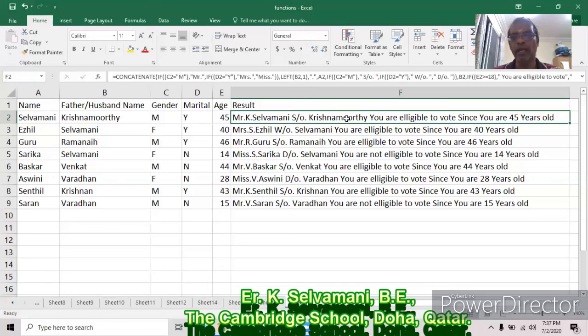Similarly, if the number of units lies between 200 to 500, there will be, I think, 2.5 rupees. That is 2 rupees 50 paise. If the number of units is more than 500, per unit we have to pay 6.5 rupees. That is 6 rupees 50 paise. So using nested if function, you can do it yourself. You can practice at home. If you have any doubt, you can contact me through WhatsApp. In the next lesson, I will teach you how to calculate the electricity charges depending upon the number of units you consumed.